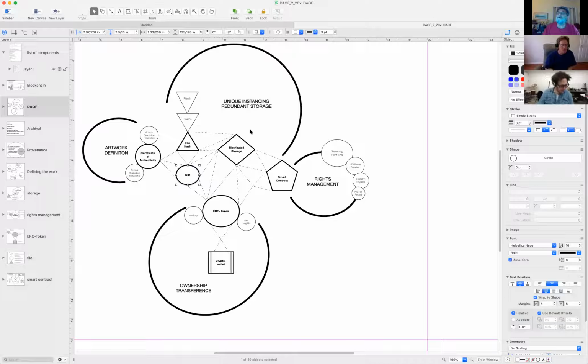Then we're going to be hashing and storing. This individuates the file, right? The DID is at the intersection of those two things, containing the file hash, the location hash, and the certificate of authenticity hash, right? The DID is how we format the information, and that information is stored in a token. But the smart contract is how we're interfacing with that, unless I'm wrong.